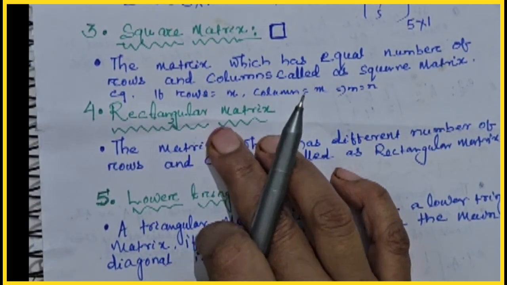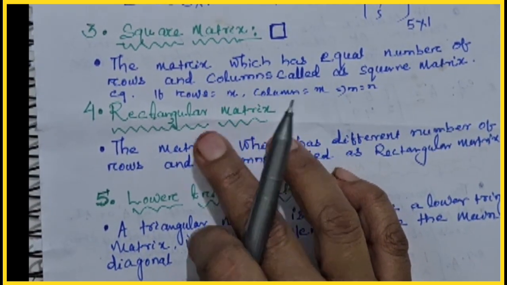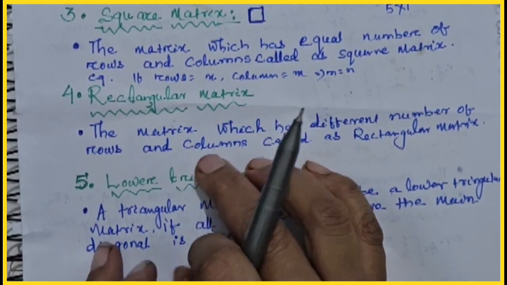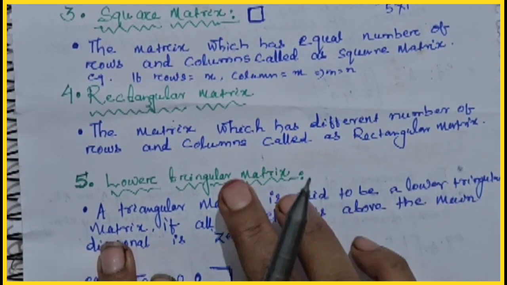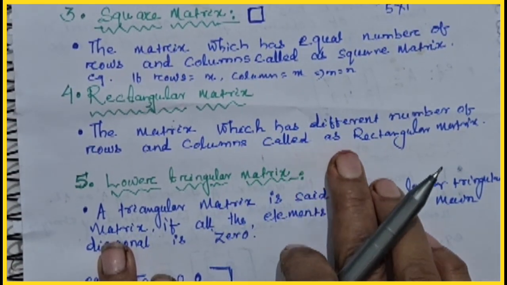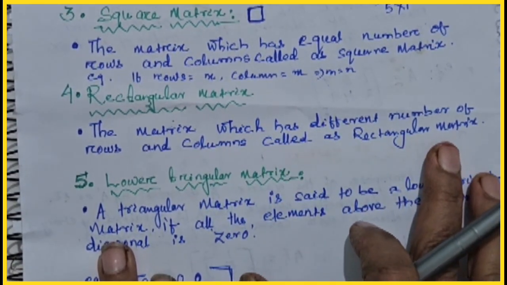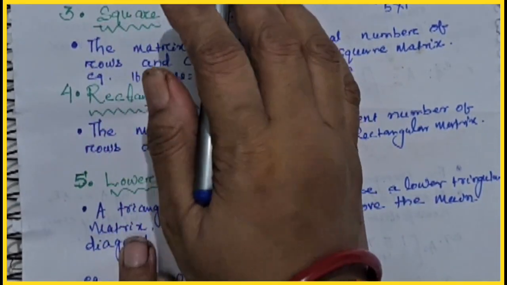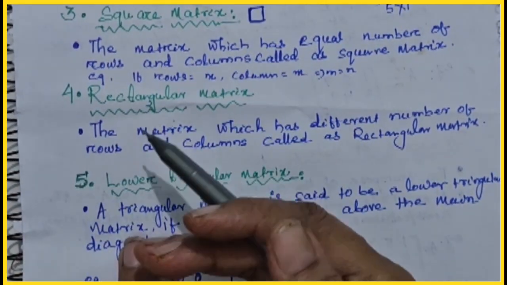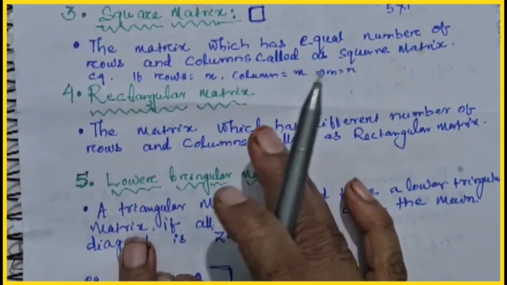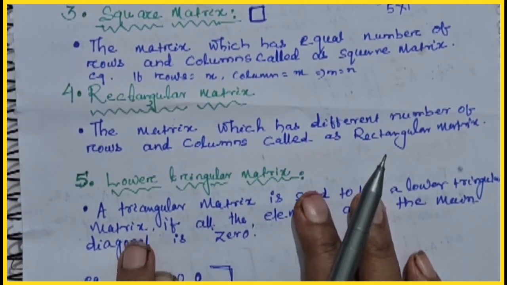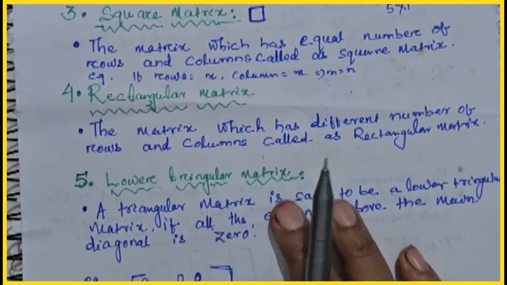So in rectangular matrix, square matrix है, अभी rectangular matrix, the matrix which has different number of rows and columns called as rectangular matrix. Different rows and columns होगा, जैसे पास्ट वाला हम एग्जाम्पल लिए थे वैसे ही 3 cross 2 matrix, 2 cross 3 matrix जैसे।